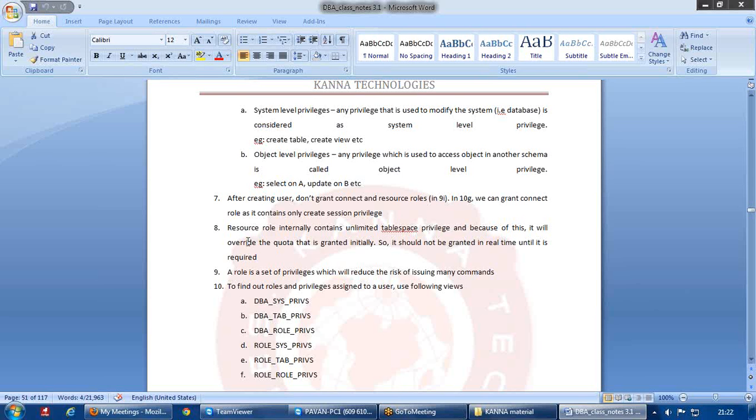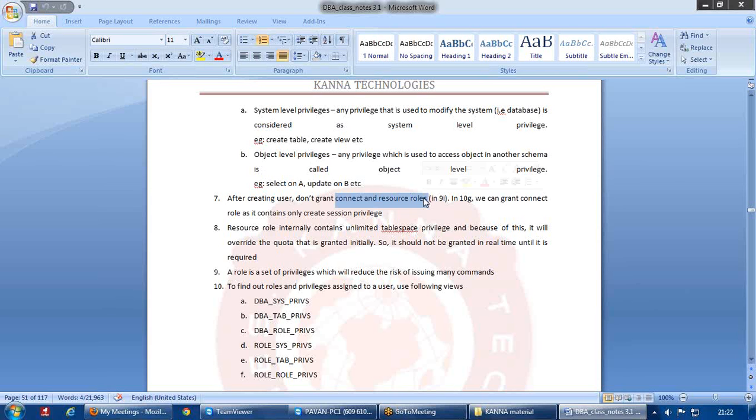So we have this role which is a set of privileges, and when you create the database, Oracle will come by default with so many roles, and two of such roles are the connect and resource roles.